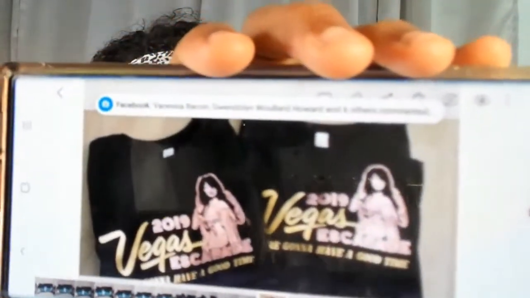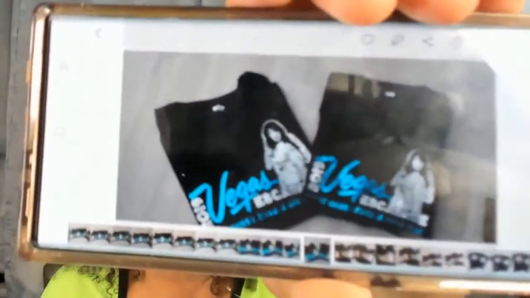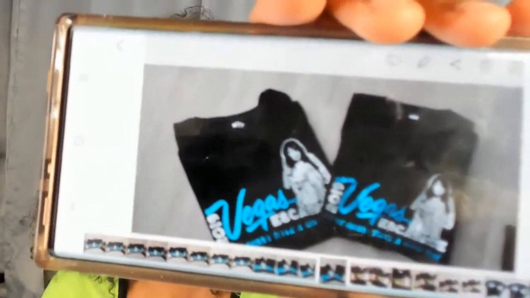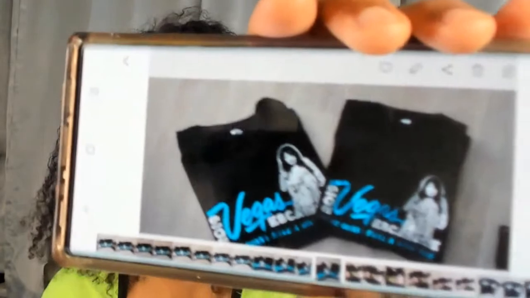So when they said they were going to Vegas, cool beans. Just use the lyrics from her song, put Vegas, put her name, and they were just over the moon when it came to those shirts. Some of them wanted rose gold and gold, and the other ones got silver and blue. But for the most part, same exact design. And there's all of them together.